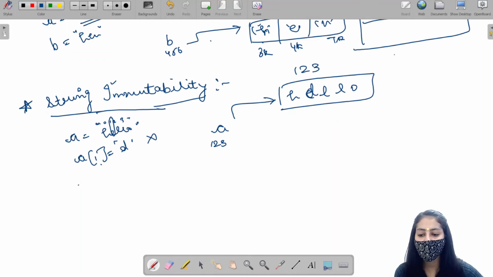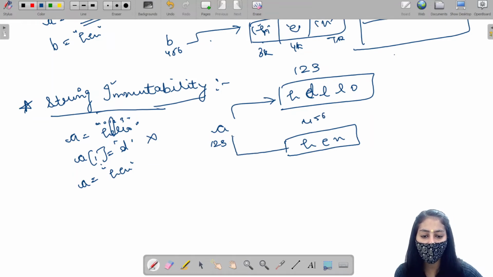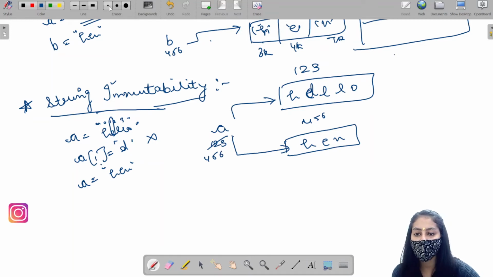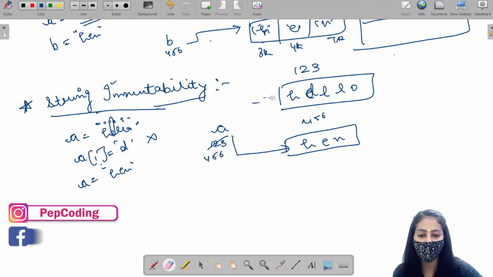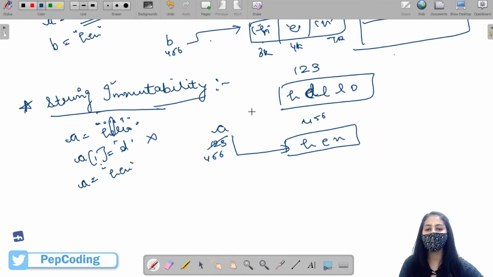But if I want A to now point to hen, this will create a new object at a new memory location, say 4 5 6, and A will now start pointing to this. So this is possible in Python, but I can't change the string itself.